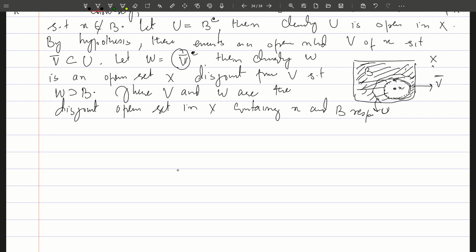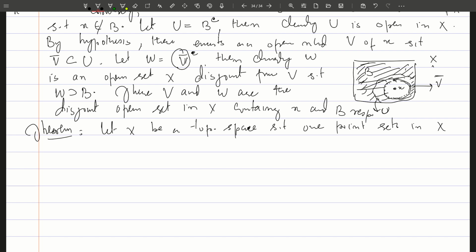Now, the same result holds for normal spaces. So let us write this down here. Let X be a topological space such that one point sets in X are closed in X. Then X is normal if and only if